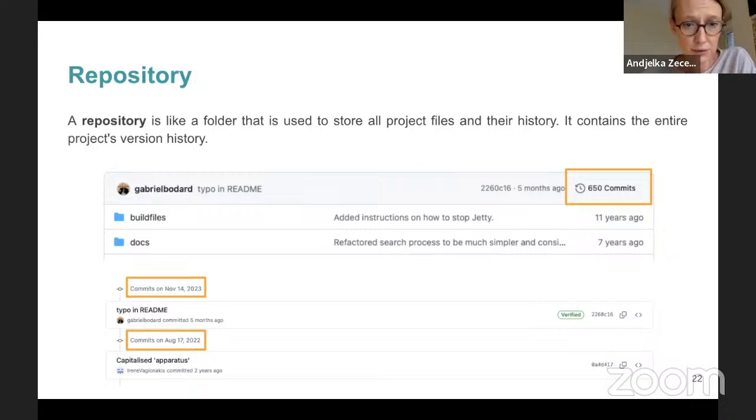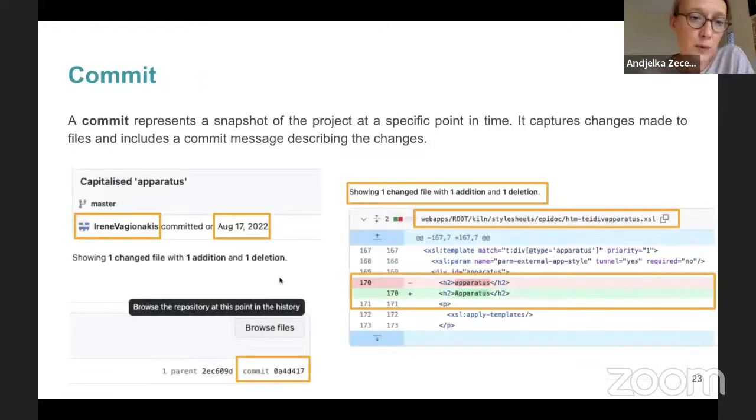I will first go through these changes within the presentation, and then we will discuss the changes within the repository. For each commit, we can see the name of the contributor, the time, and a short description related to the task completed,